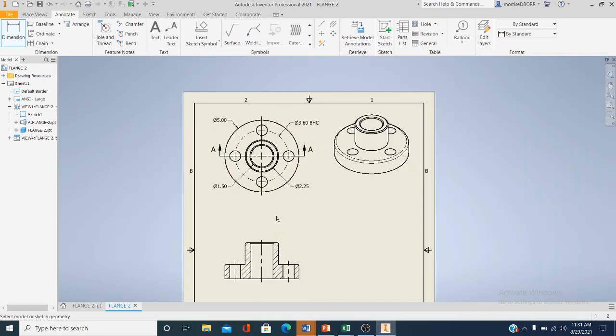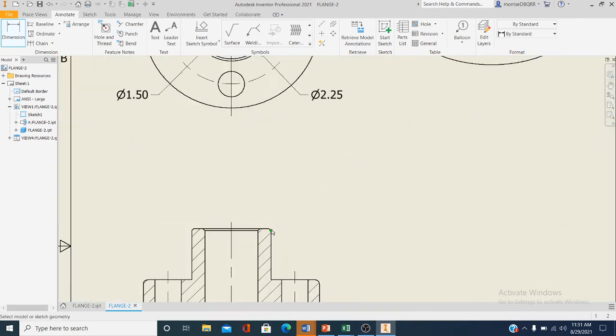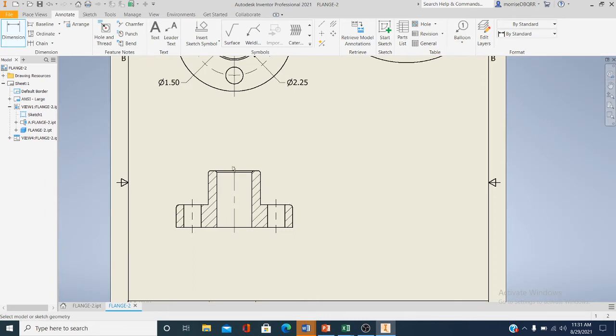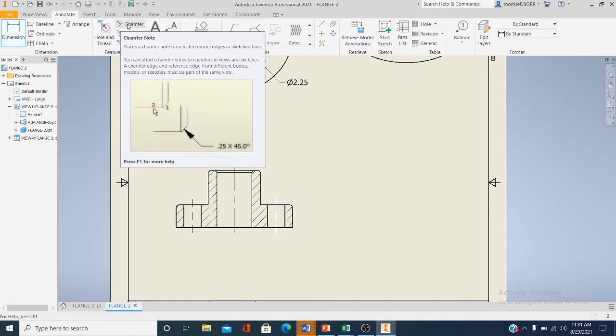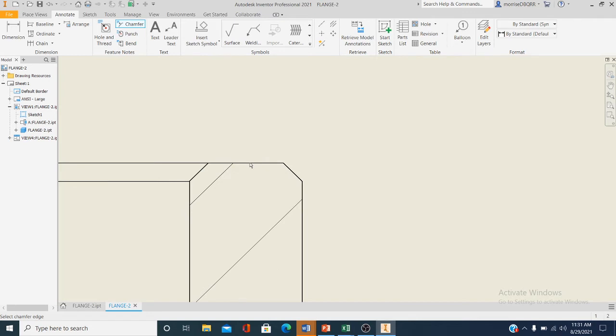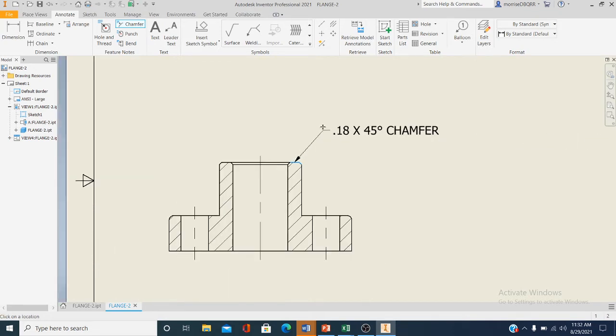I said, Mr. Morris, why did you do that? Because I'm going to show the chamfer down here. Okay, and also the rounded edge here. So if you go up here to where it says chamfer, if you click there, come down here and you click on this. Watch carefully. I clicked on chamfer, click on this edge, and click on this little, and look what it's going to do. It's going to